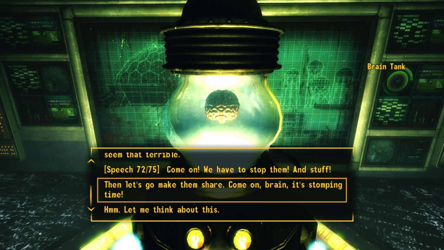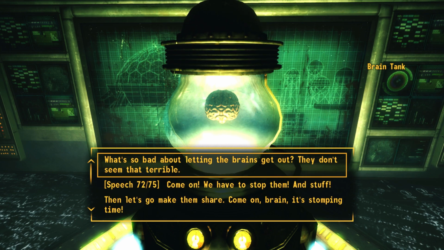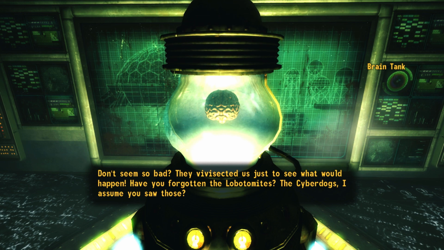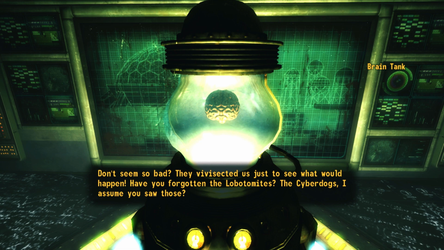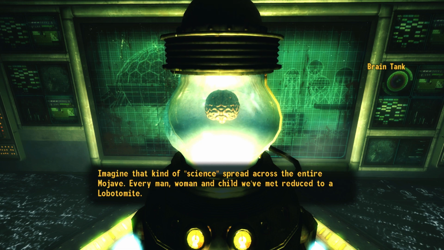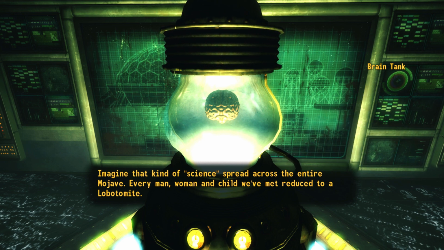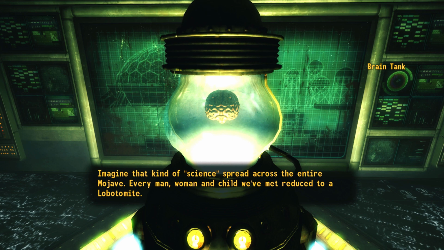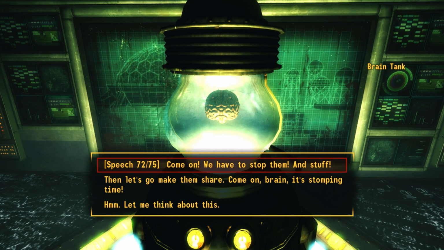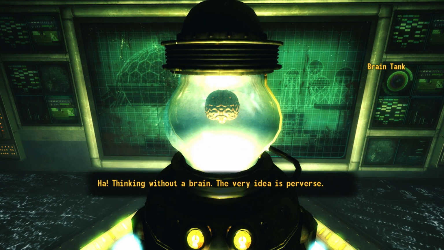Then let's go make them share. Come on, brain, stomp the top one. What's bad about letting the brains go out? They don't seem that terrible. Don't seem so bad. They vivisected us just to see what would happen. Have you forgotten the lobotomites? The cyber dogs, I assume you saw those. Imagine that kind of science spread across the entire Mojave. Every man, woman, and child we've met reduced to a lobotomite. Is that what you want? Sure then, let's think about it. Let's see around. Ha! Thinking without a...